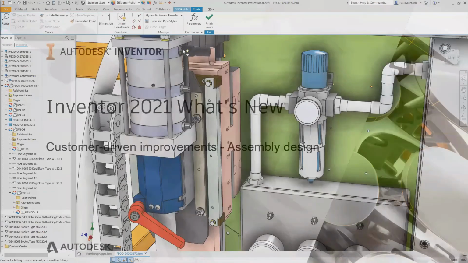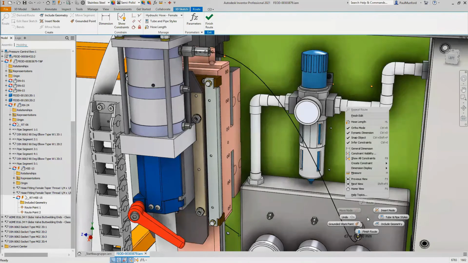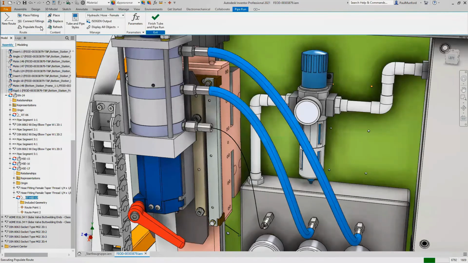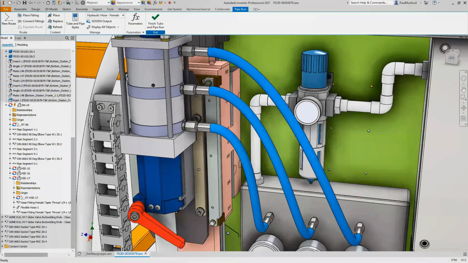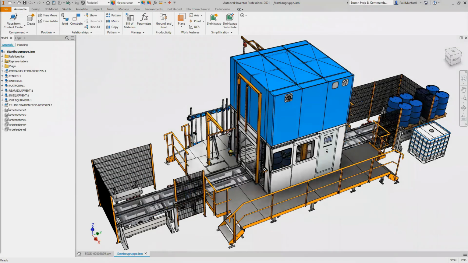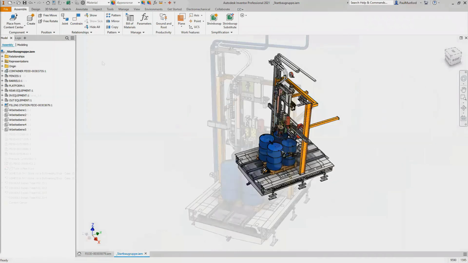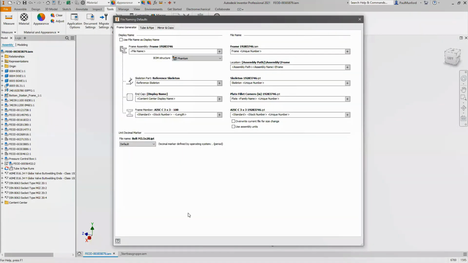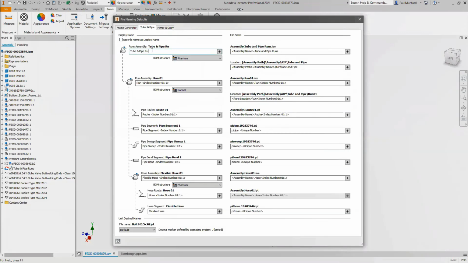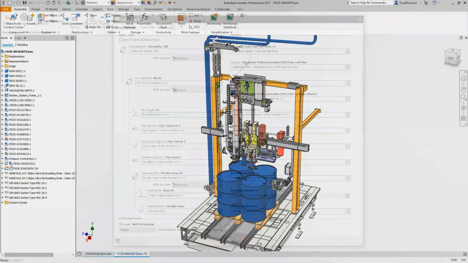So in the assembly environment in 2021, Autodesk have extended the file naming defaults dialog to include mirror and copy commands. Now, with your feedback, Autodesk have continued to make improvements for the file naming conventions for Frame Generator and Tube and Pipe design. For Tube and Pipe, Autodesk have implemented the routing command as a new property panel, allowing you to create and apply your routes while keeping the command running,